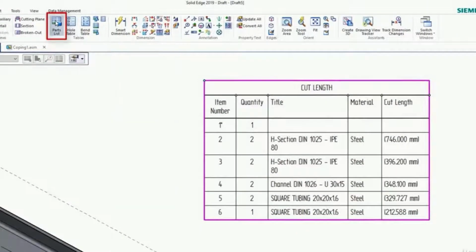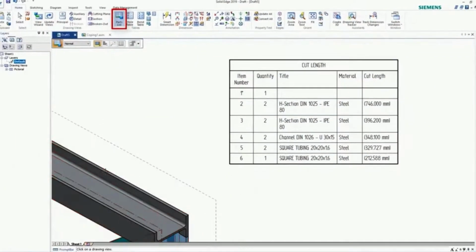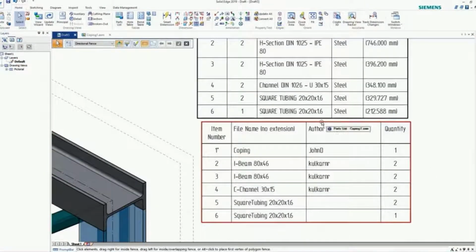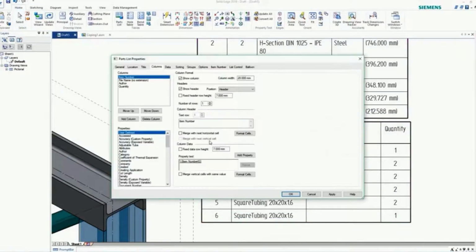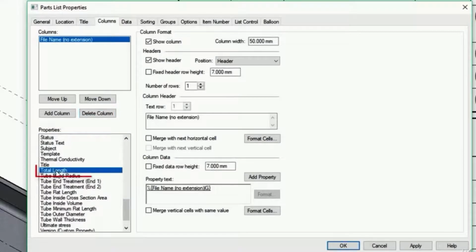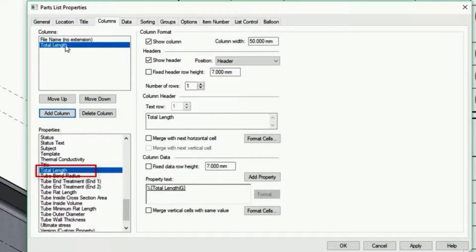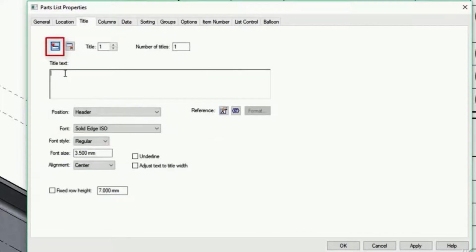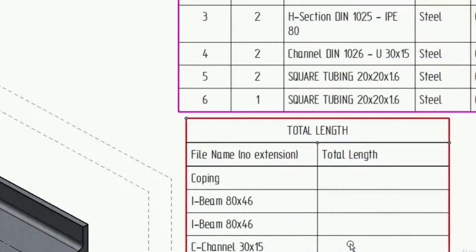So let's do that. Come up to parts list again, identify my model, and I'll put this one right underneath. I'll right mouse click for Properties. I'm going to delete item number, author, and quantity. And I'd like to add total length, add that column. Also for the title, add title, and I'll type in total length